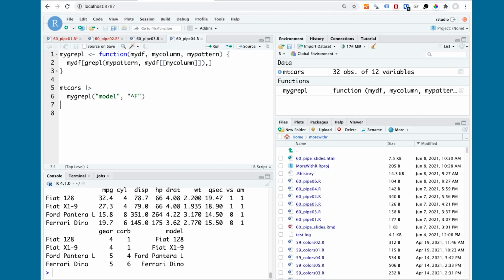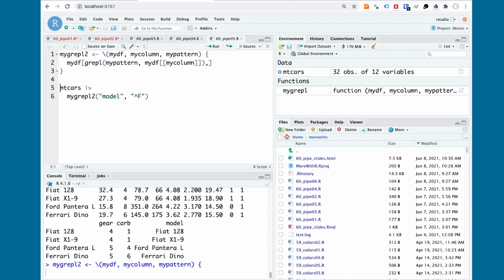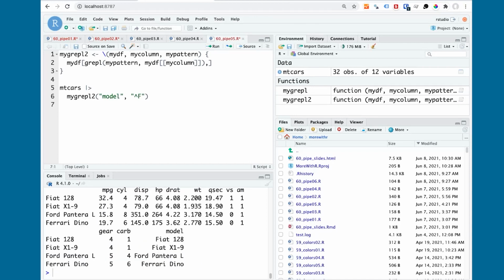Okay, and speaking of functions, there's something else of possible interest in R 4.1. You can use the backslash character as a shorthand for function. I think this was done mostly for so-called anonymous functions, functions you create within code that don't have their own names. But it works for all functions. If you see here on this first line, instead of the word function, I've just got a backslash. I'll run that, and that works as well.